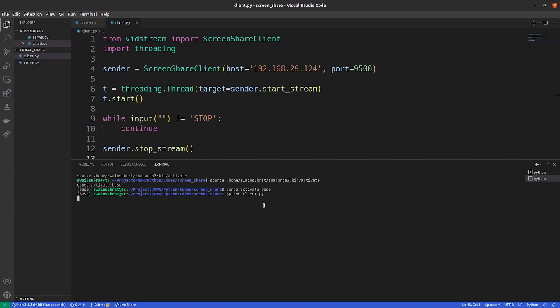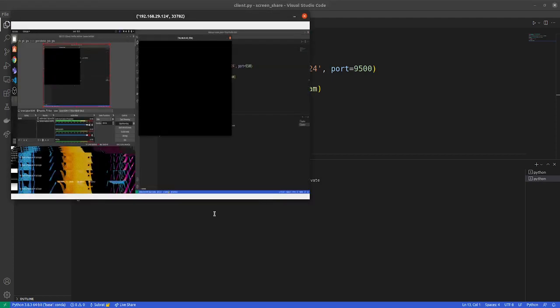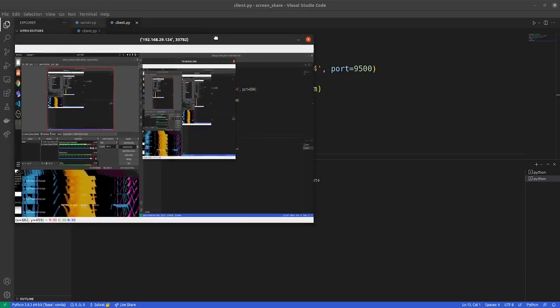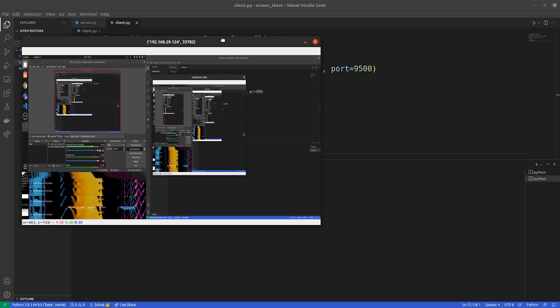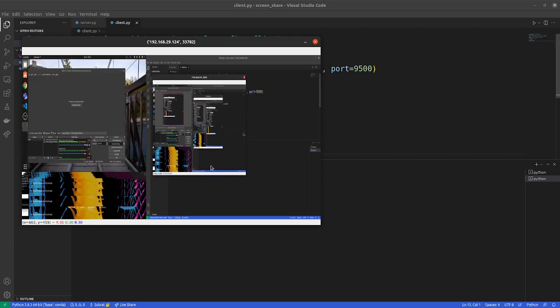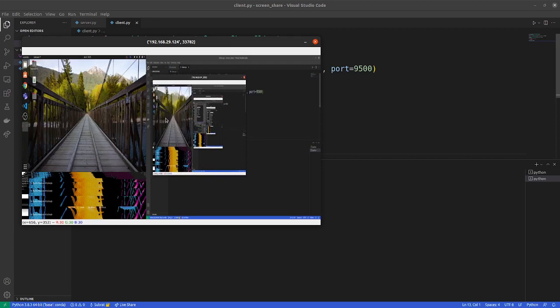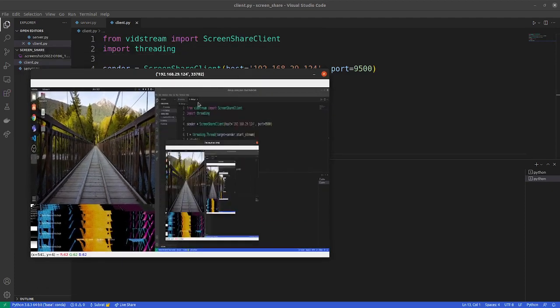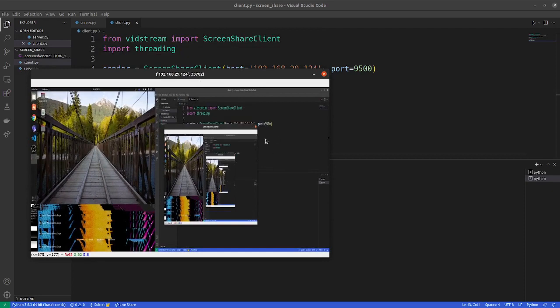Okay, so we can see that it is streaming now, as we are using the same computer for streaming and showing. It is showing like this, and this is another monitor, so that is showing, and you can see that the server's IP address is here, and we can see all these things.